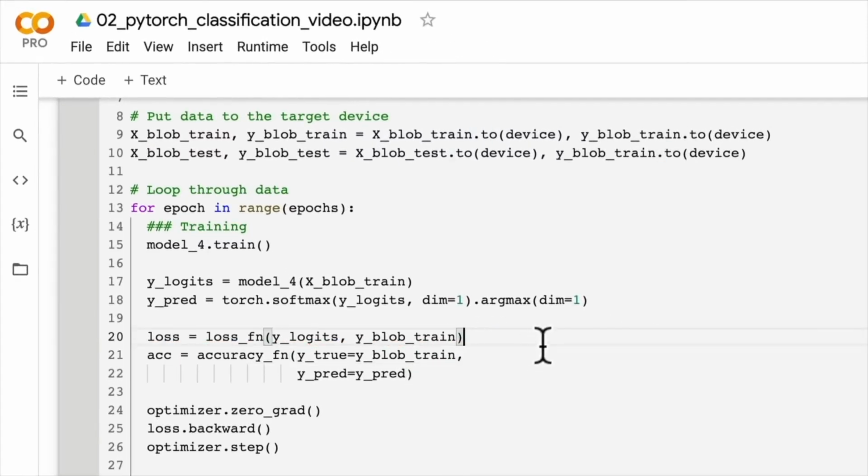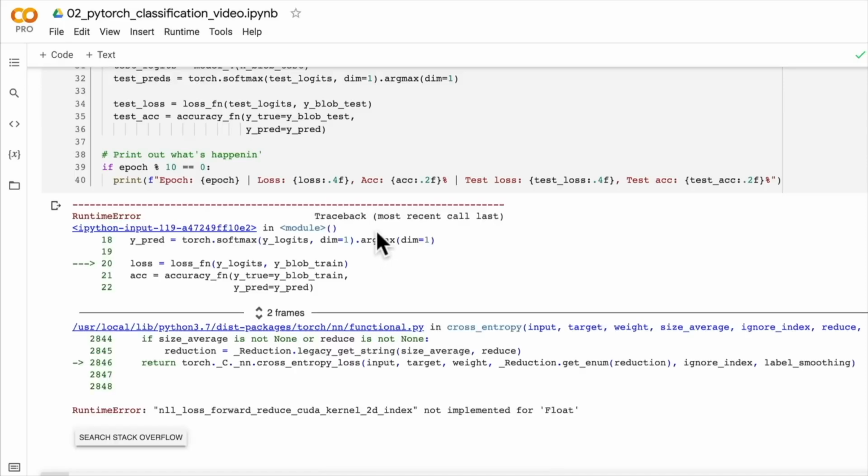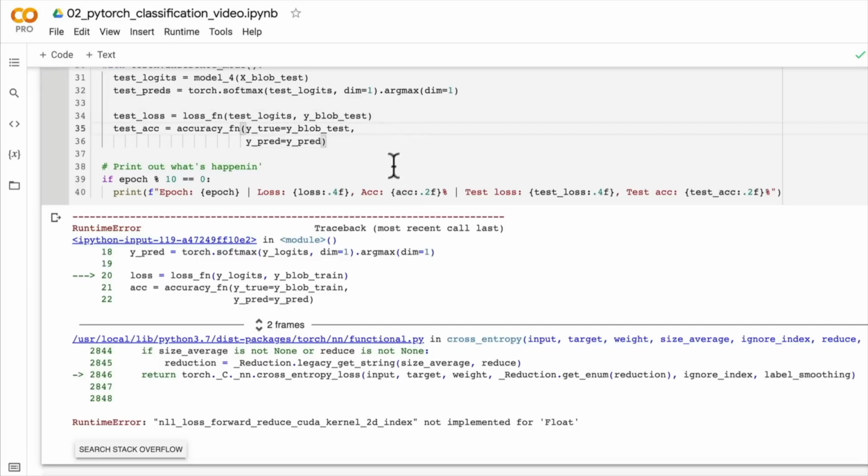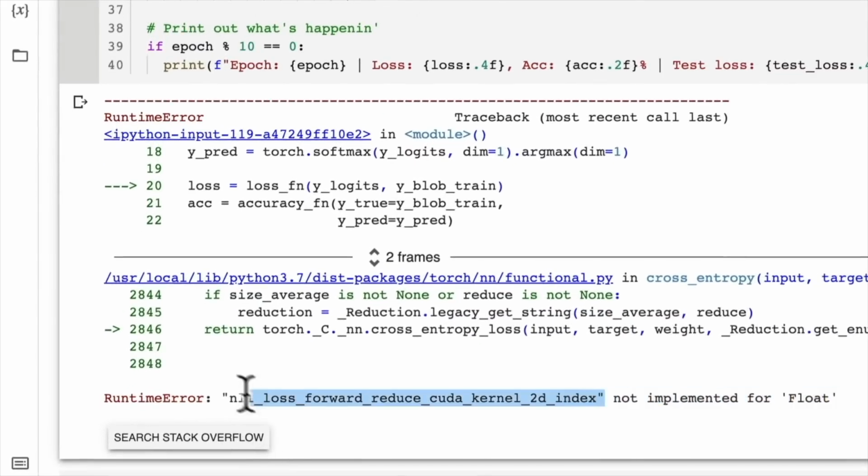So if we run this again, and now this one took me a while to find, and I want you to know that behind the scenes, even though this is a machine learning cooking show, it still takes a while to troubleshoot code, and you're going to come across this. But rather than spend 10 minutes doing it in a video, I'll show you what I did. So we went through this, and we found that there's something going on here. I don't quite know what this is, and that seems like a long string of words, not implemented for